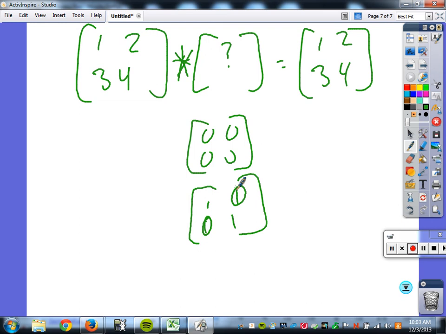Yes. When it's a 3 by 3, what is that? If it's a 3 by 3, all you do is go down the diagonal. What I mean by that is it goes 1, 0, 0, 0, 1, 0, 0, 0, 1. See how it goes down the diagonal? If it was a 4 by 4, you go 1, 0, 0, 0,